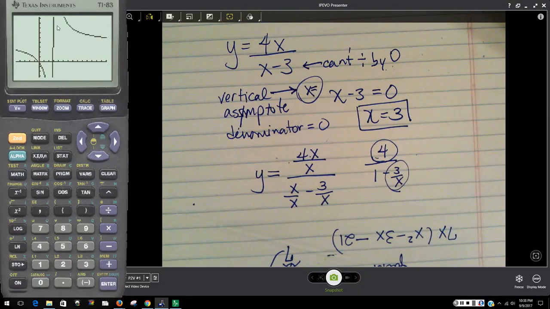And now I see it. Okay. So here is my vertical asymptote. If you want to know how close that is, you can hit trace, and I'm going to trace left and see that as I increase my value of x,